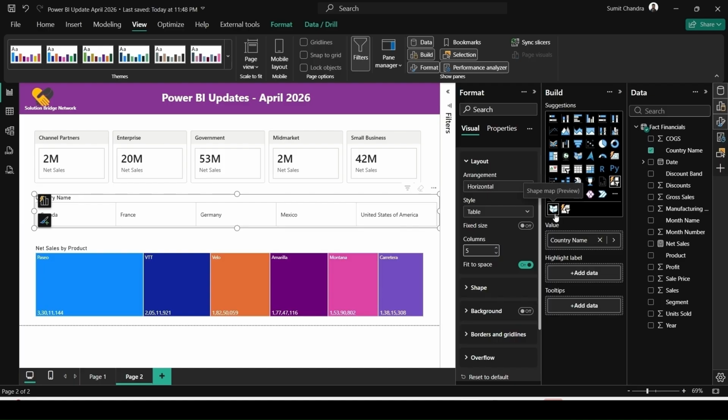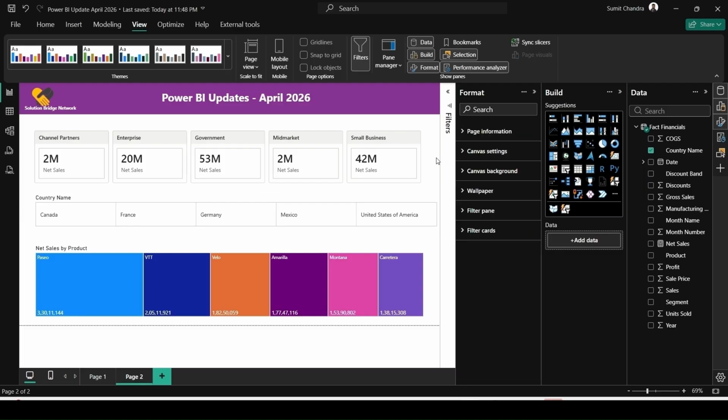Preview visual identification. Visuals in preview mode are now clearly labeled. It helps avoid confusion between GA and experimental features. Here you can see a simple segregation between general availability visuals and the preview visuals. Also, this month we have